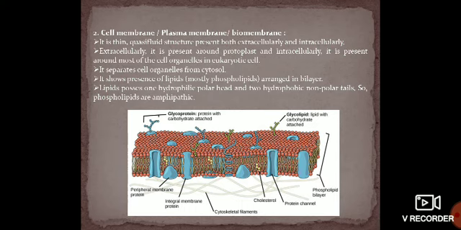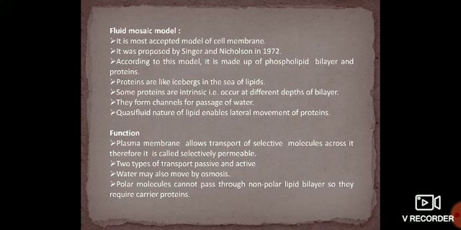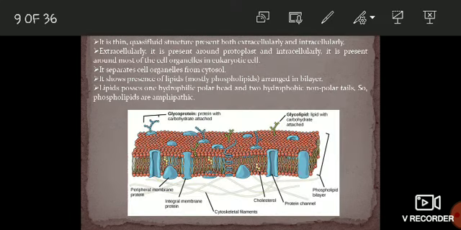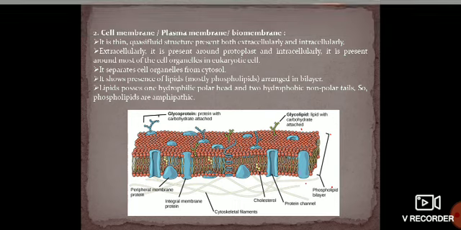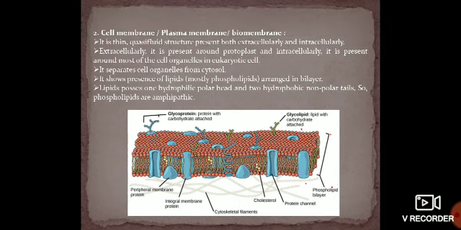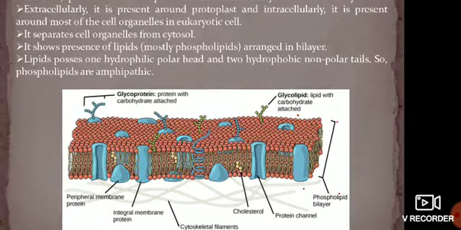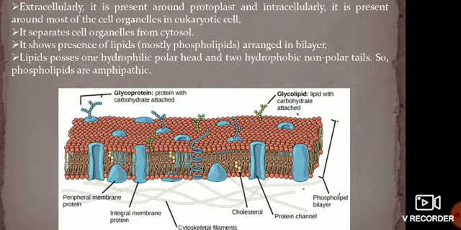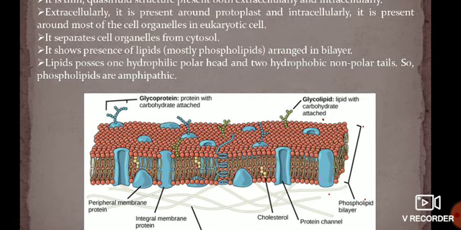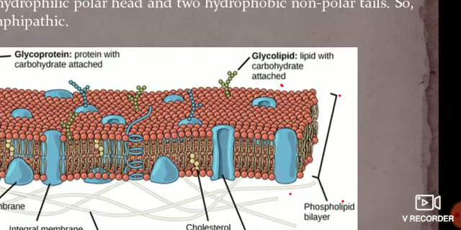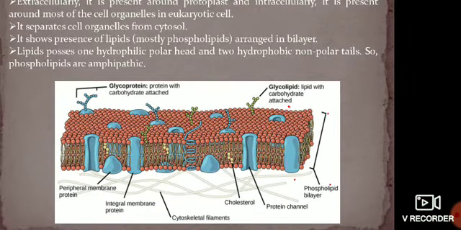It shows the presence of lipids. Mostly these lipids are called phospholipids because the arrangement of these lipids is in a bilayer. So here we see that this phospholipid bilayer has a phosphate head and a lipid tail. So here you can see there is a phosphate head in orange color and a lipid tail, on both sides, extracellularly as well as internally